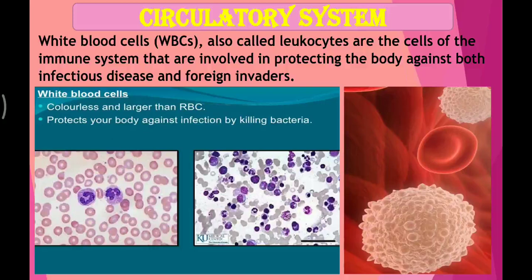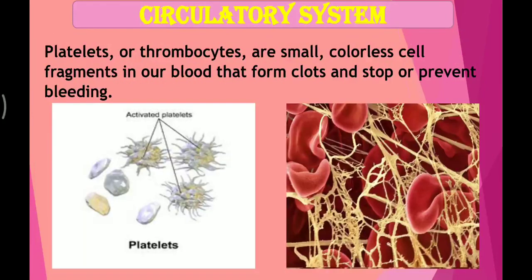Here you can see different shapes. WBC is not in only one shape. Red blood cells are only one shape, mostly one size, but WBC has different varieties. See, they are denoted here. Here you can see the size of RBC and the size of WBC. But WBC is shown here in white, actually it is colorless. So they are depicted with white color.